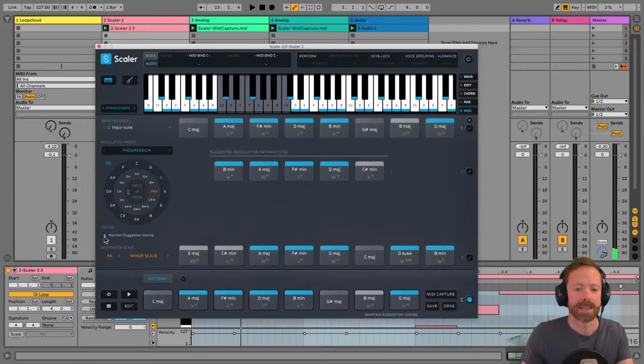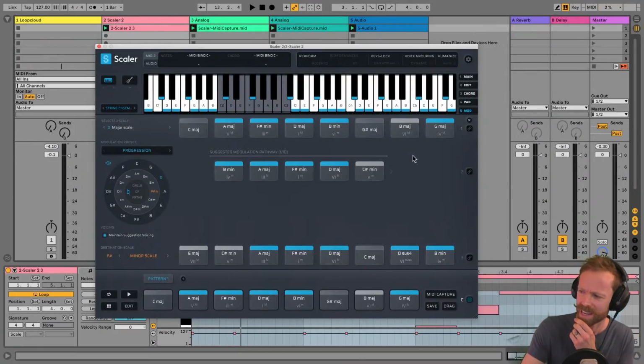And what it does now in the 2.4 version is it allows you to maintain suggestion voicing or not. So if you've changed the chords, correct me if I'm wrong, Josh. I'm still exploring this section myself, and in fact, I'm going to make a course on this whole section. That's my current thinking.